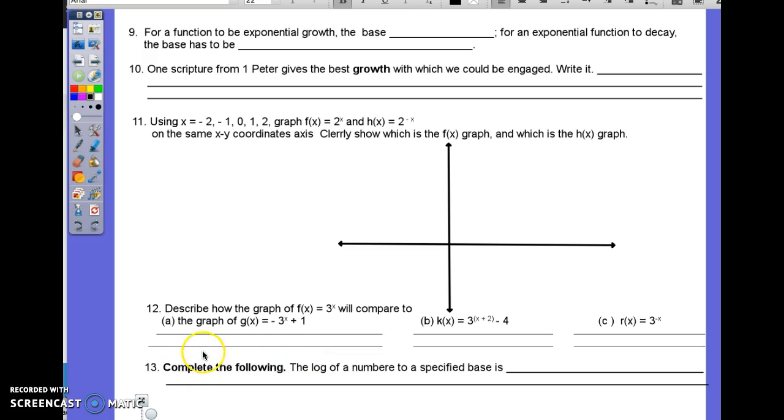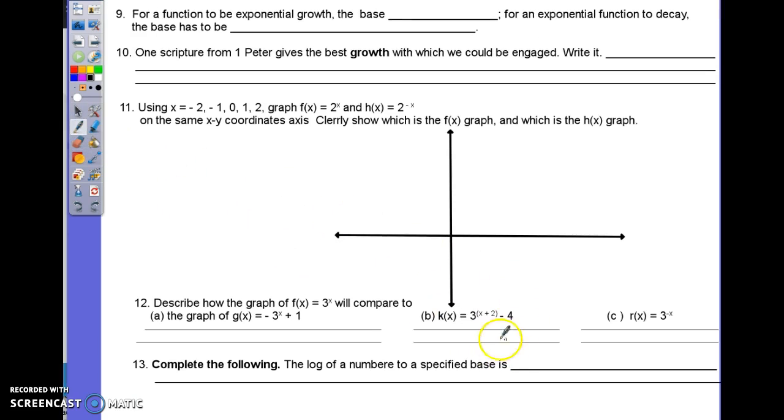Number 13, let's take a look at it. Number 13 says complete the following. So what does it say? The log of a number to a specified base is the exponent. Here's the key, the exponent, and you already know that. Maybe not in these words. It's the exponent